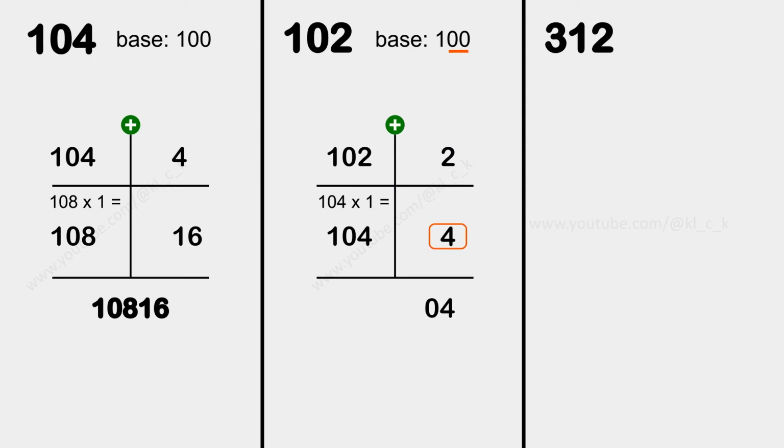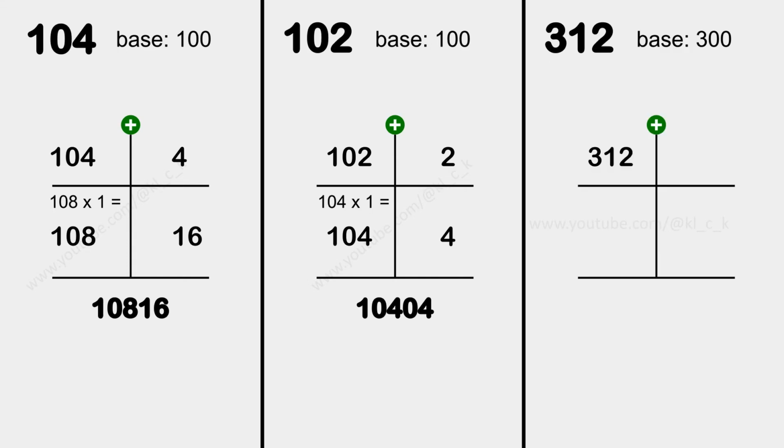Coming to the 102 square, we can notice that the difference 2's square is 4, which is single digit. So we add extra 0 to the left side, that is, we move 04 to the final answer. Next, coming to the 312 square, we notice the base is 300. So we multiply the sum of given number and the difference 324 with 3, which is the base multiple with respect to 100.